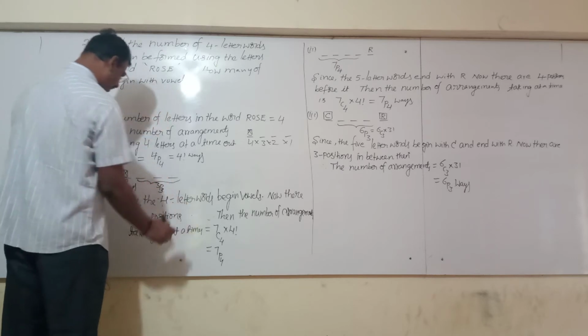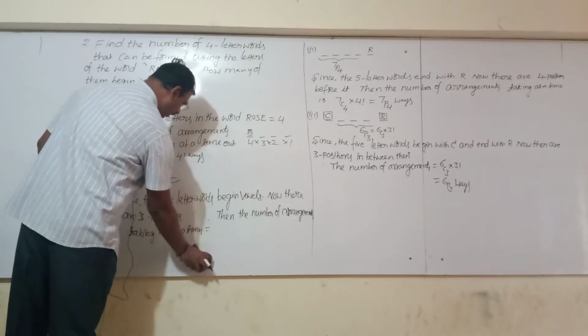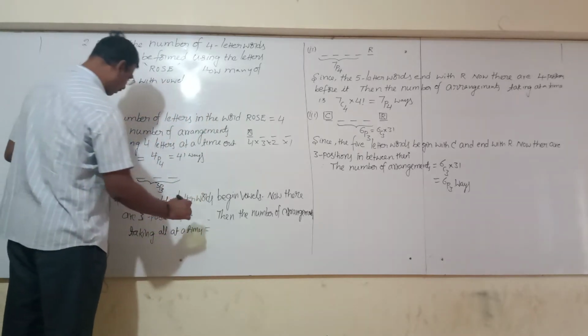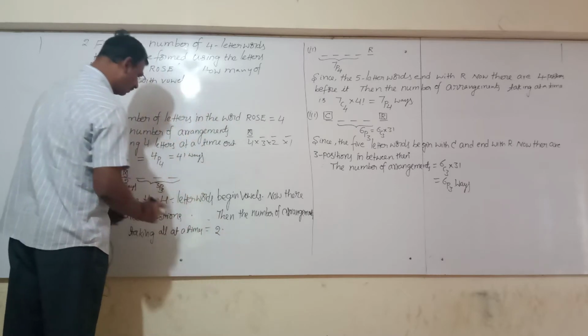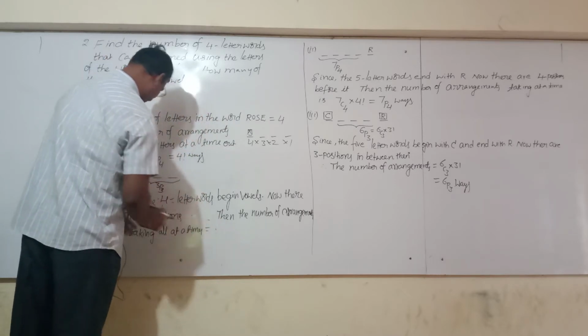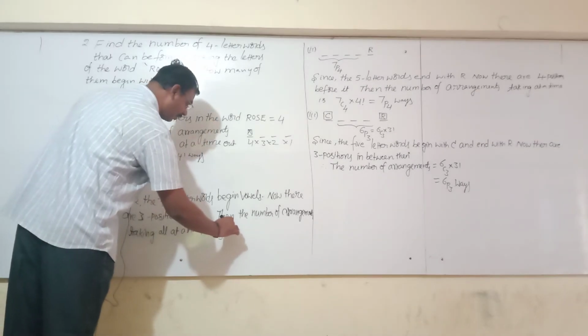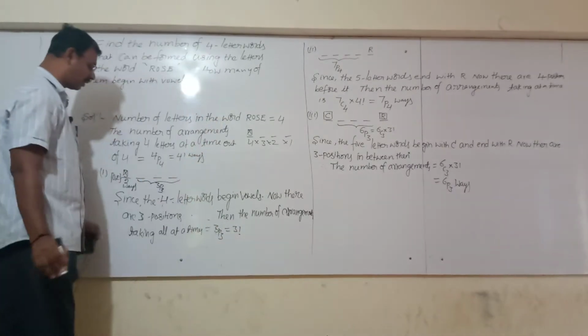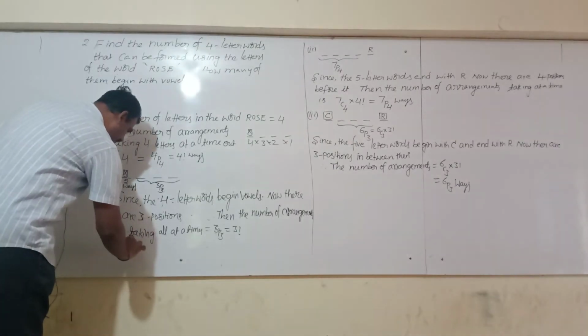Then the number of arrangements taking all at a time is equal to 2 into 3p3 ways. 3p3 ways is equal to 3 factorial ways. Hence, by the fundamental principle of multiplication,